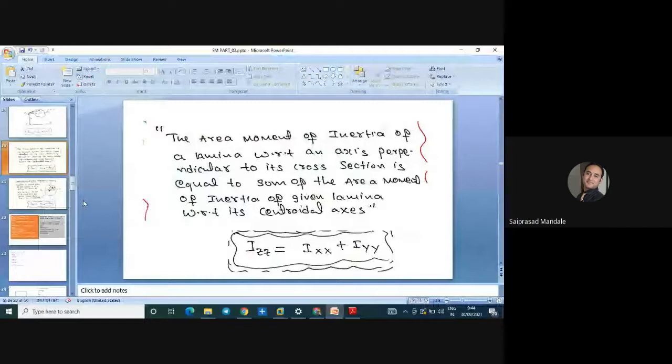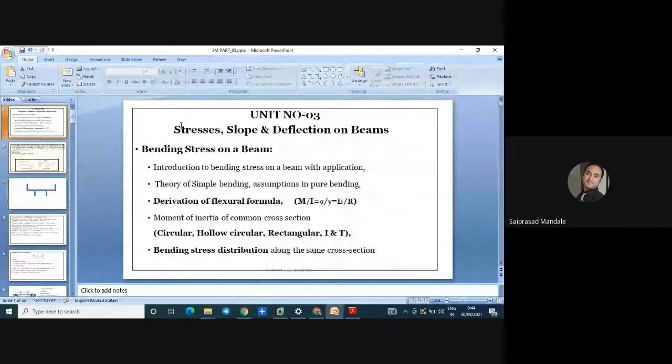So the last point, unit number 3. We have completed our 2 units. Accordingly, I have given you the assignments, and hopefully most of the people have submitted the assignment. If somebody is pending, please go and do that. It is for you, not for me. All the assessment for the external term work and practical, I will be doing based on that only. So everybody has to be very punctual. If in case of any doubt, you can call me, you can ping me. I'll reply once I have time.